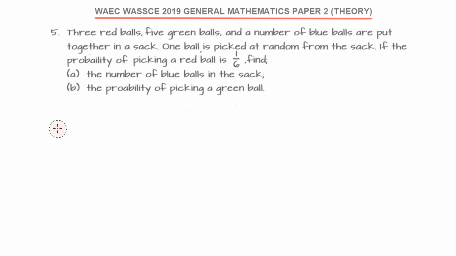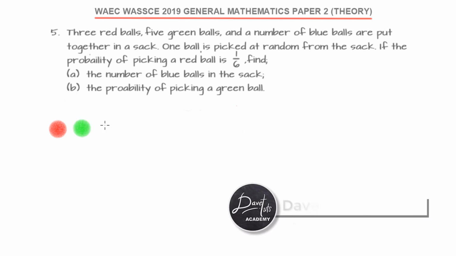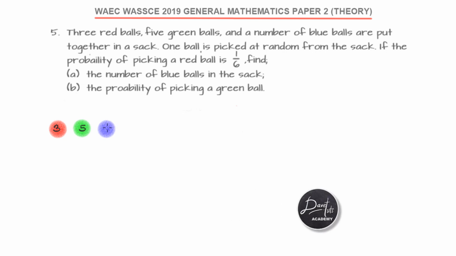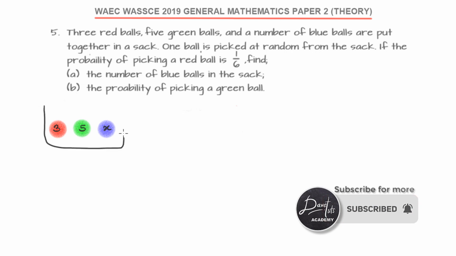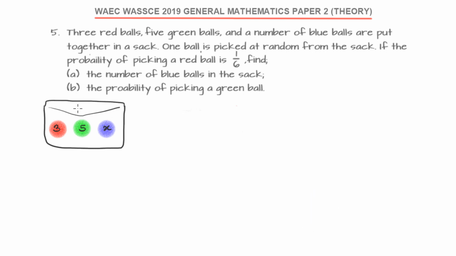If you want to depict this just for explanation purposes, let's say we have red balls, green balls, and we also have blue balls, okay? We have 3 red balls, 5 green balls, and we don't know the number of blue balls. We're just told the number of blue balls. All are put together in a sack. Okay, we have our sack. And now, if one ball is picked at random,